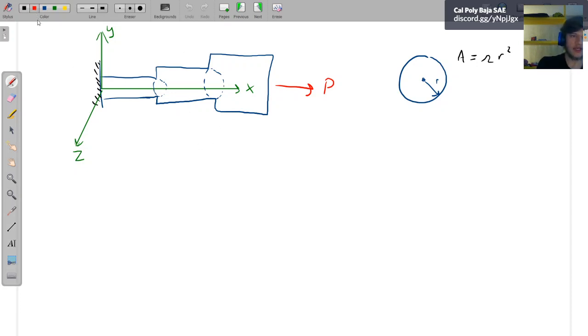So we know that we need one reaction in the other direction to even things out. Because we have a wall here, a fixed position, we know that this can provide that reaction. So I'm going to call this R. And a quick solution to our statics equations here would show that the sum of forces in x equals 0. So we've got positive P minus R equals 0. P equals R